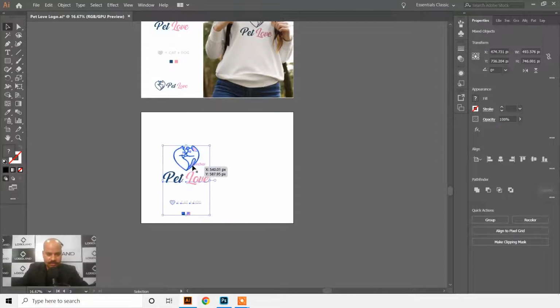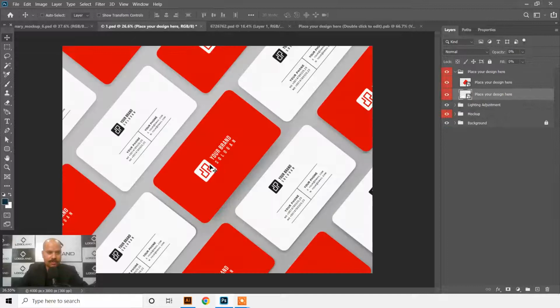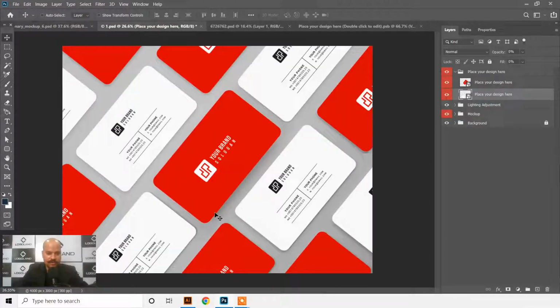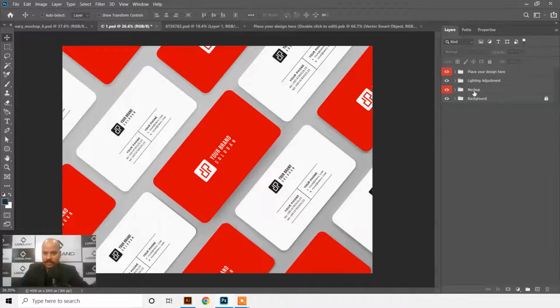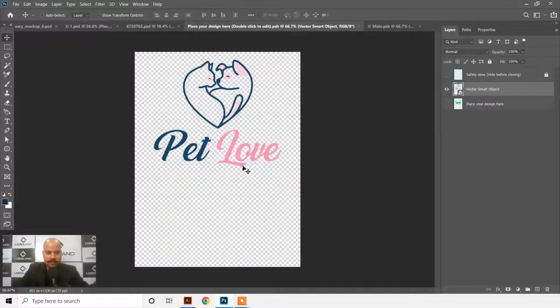So what I'm going to do is, in this part I'm going to use another mockup, I think this one, maybe this one, let's use this one. So here what you are seeing, place your design here. Just expand this, and here you are seeing place your design here, just click on this. Okay, and the problem is if